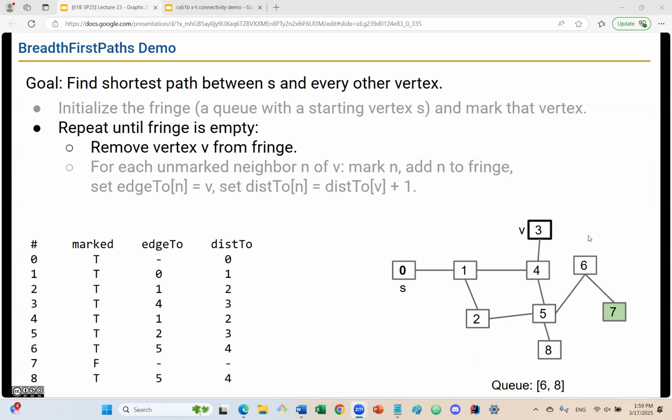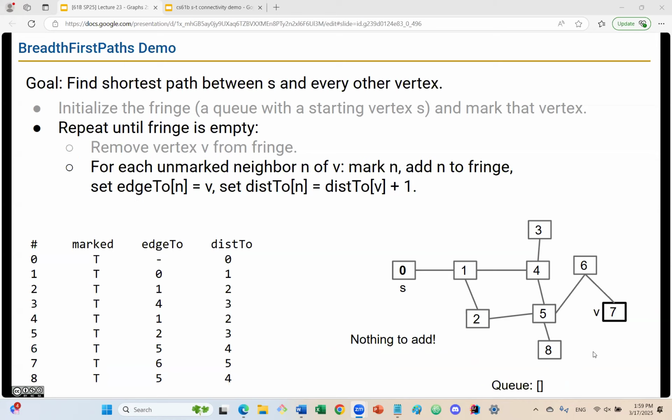Then we look at what? 6. 6 adds what to the fringe? 7. So 6 goes in. We finally find this path here. We still need to clean out the queue, so we look at 8. 8 doesn't have anything to add. 7 doesn't have anything to add. And at the very end, we have this list connecting all of these nodes back to 0 using the fastest